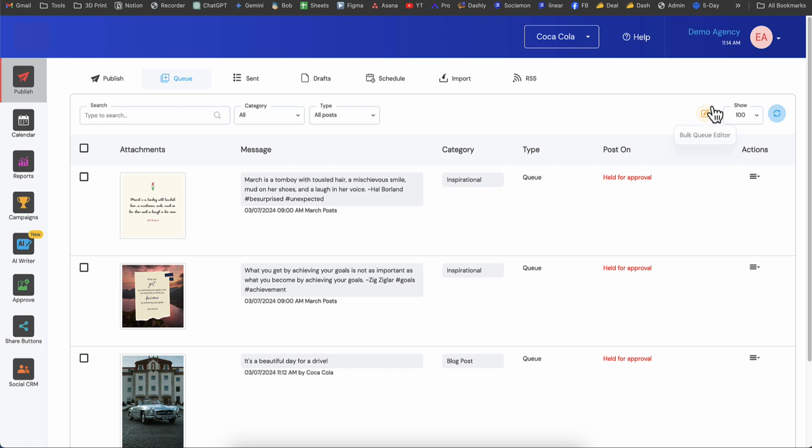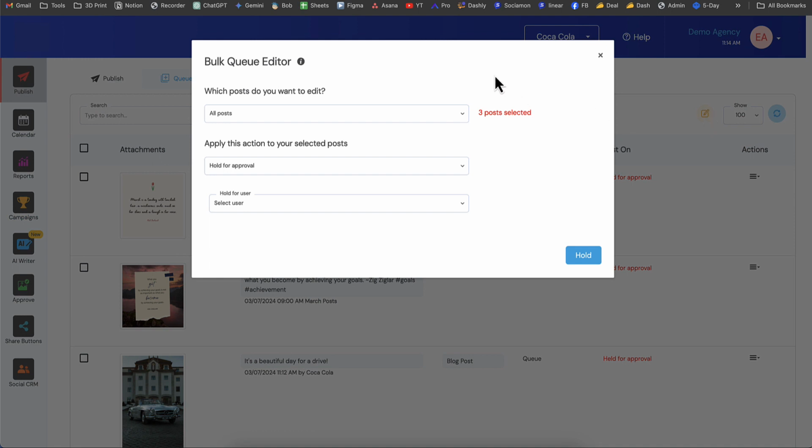So the other thing we added, also in the bulk queue editor, is the ability to filter for posting assistant posts. So if you are an Agency Pro subscriber, listen up. You know how you can set up multiple automated post sets to go out automatically for certain ones of your clients. So if they bought like a realtor pricing plan, you can send realtor posts automatically without having to lift a finger. Well, let's say somebody bought your realty pack and all the posts went into all of those different